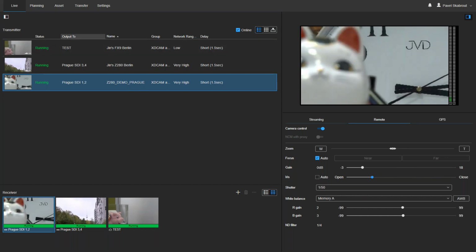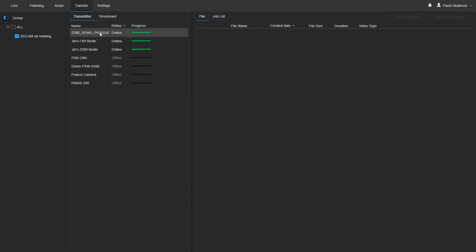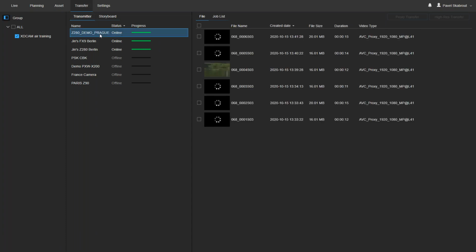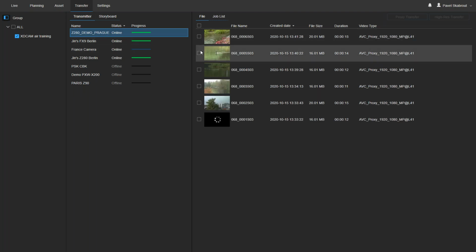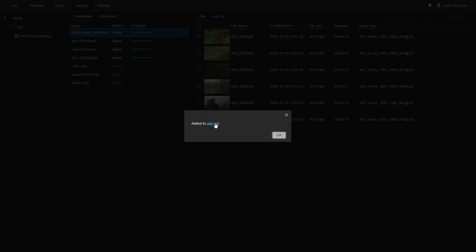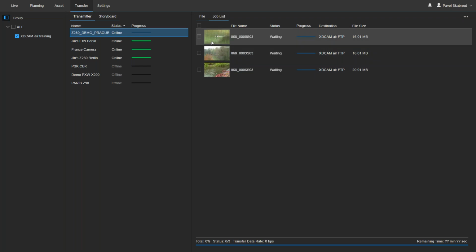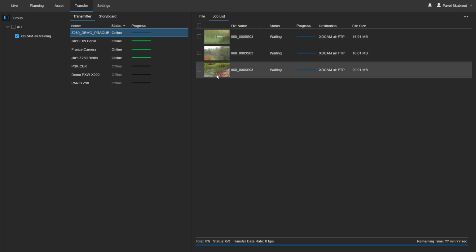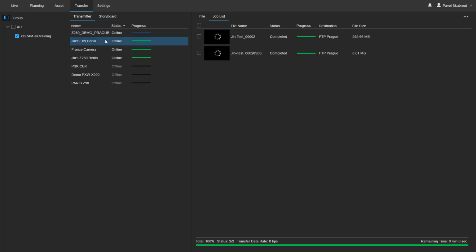So the next part again is related to a transfer. So in here, it's the Z280, we have more advanced view. So first of all, when we would do a transfer, then we can click in the different order for the transfer. So then just do a quick proxy where we can see the transfer is in the order where I click it. And also when we look inside the camera,